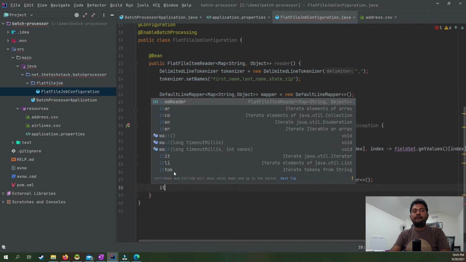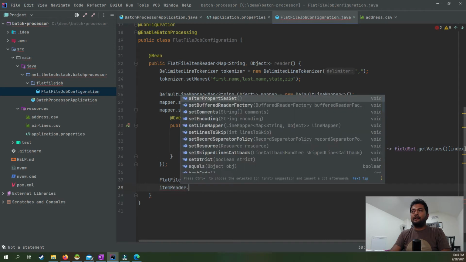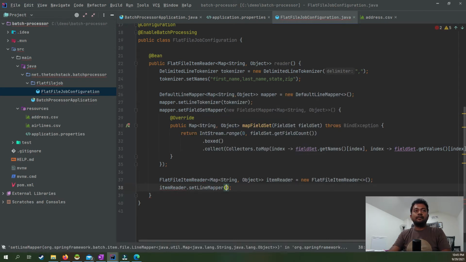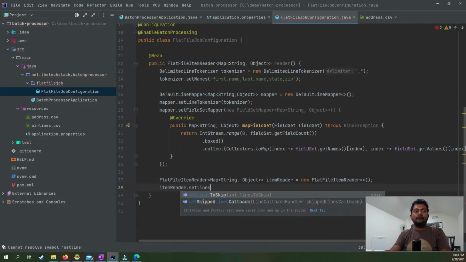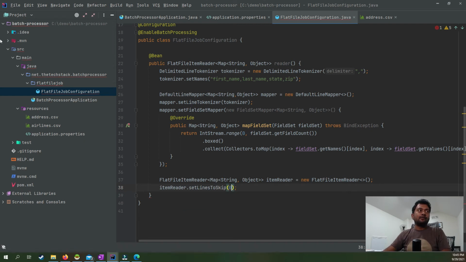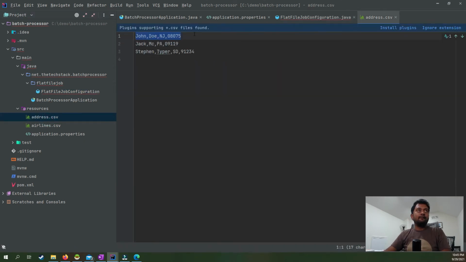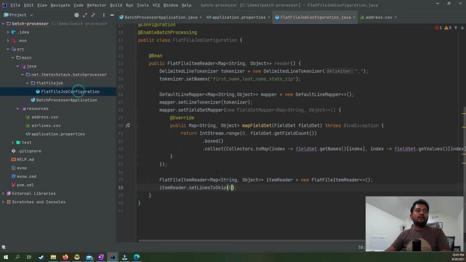And a couple of things we need to set. First thing is set lines to skip, set lines to skip 0. So in our CSV file we don't have any column header in this file, right? So generally sometimes some files will have column names in the first row. In this case we don't have, so we are saying that there is no need to skip any line. So we need to read all the rows,